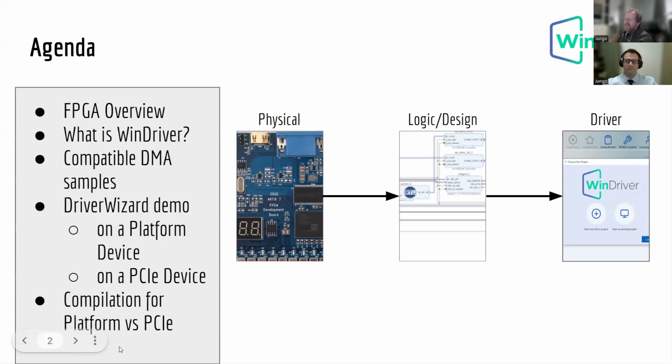and run the resulting application on a platform device, on an SoC, and on a PCI device. It's going to be interesting because both the platform device and the PCI device are going to have the same hardware logic, but they will be identified as two different kinds of devices. One is the PCI device and one is the platform device. So with that said, let's dive right in.